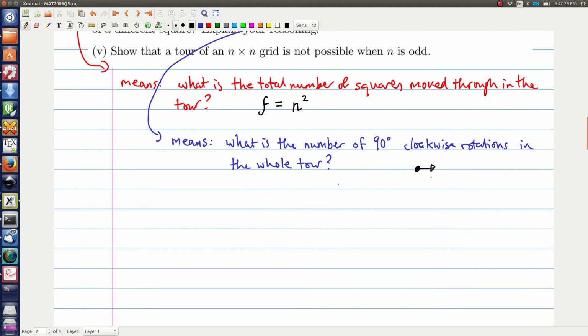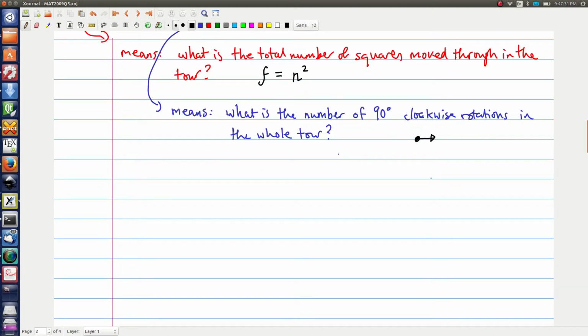Yes, they did. I think it works anyway, or it's similar, but let's just keep it simple. If we're starting in the top left, then we leave going that direction. But how do we come back? Well, I hope you can see we must come back in that direction, because we're not allowed to move along diagonals. That's not in the rules. So we must come back there, which means final orientation